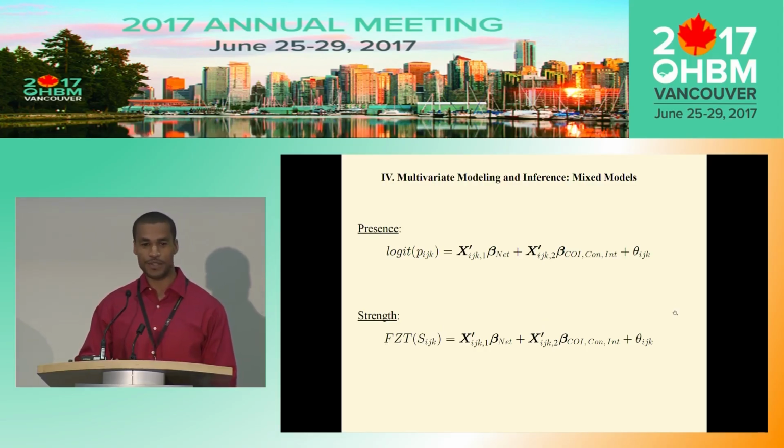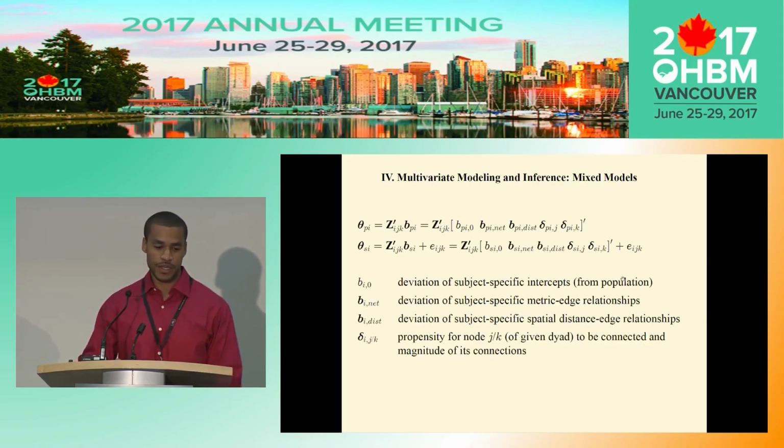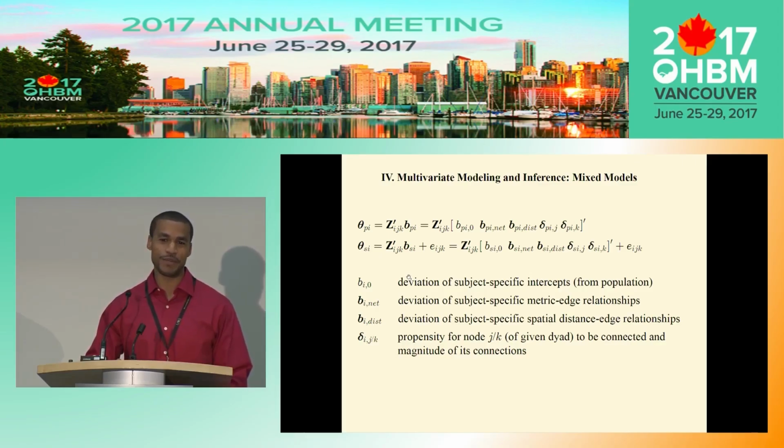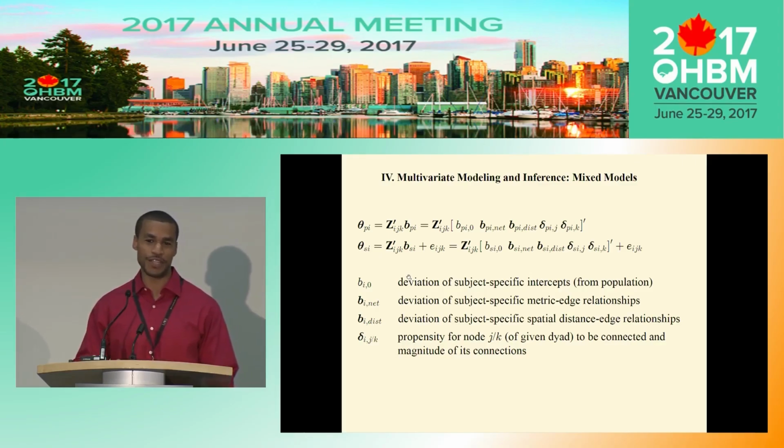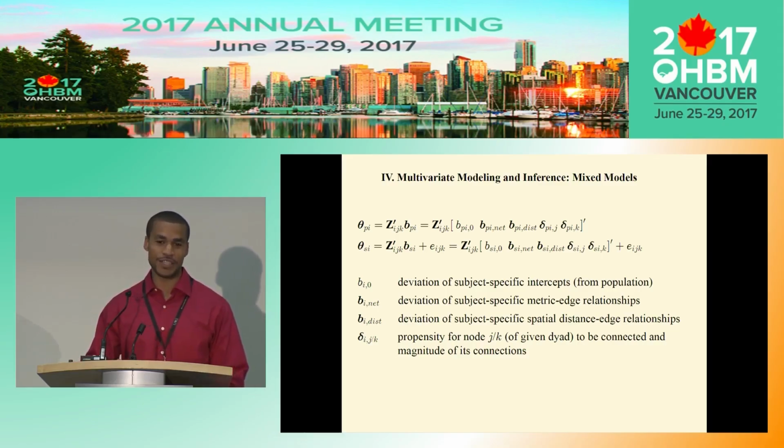And then the theta parameters are aiming to capture some of the variability in the network data. Those theta parameters consist of a parameter that captures the deviation of an individual subject's intercept. The intercept can be thought of as the proportion of edges for the binary case and the sum of the weight of the edges in the weighted case. So this is capturing how much each individual deviates from the group mean.